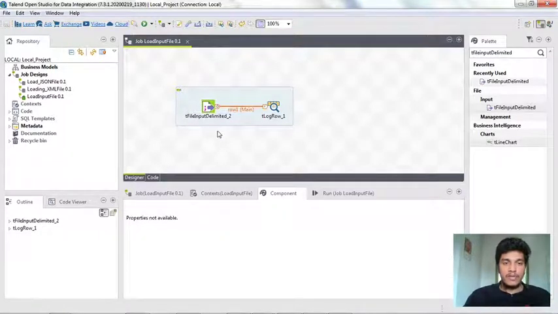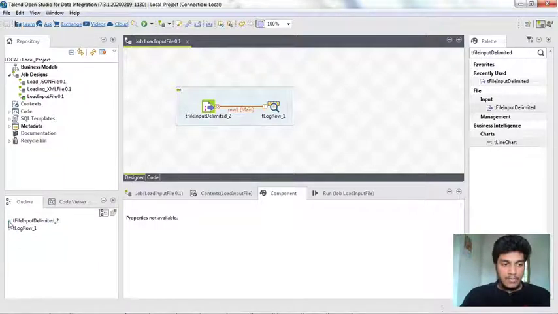For every job there will be new component variables assigned by the system itself, by Talend itself. So we don't need to do anything for creating component variables. The system automatically identifies the component variables and assigns the value to them. So in the outline tab we store all the component values assigned to a particular job. Here I loaded the tFileInputDelimited file, and we have two components, that's why it stores two components here.